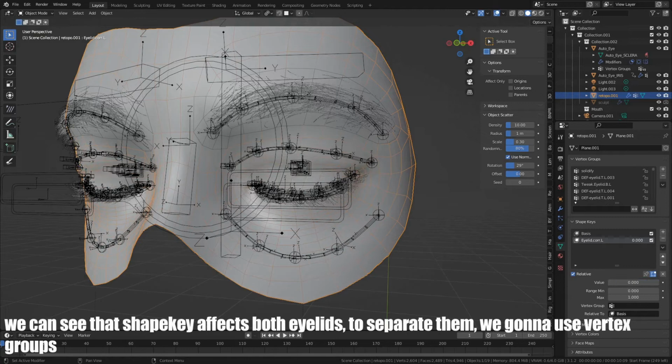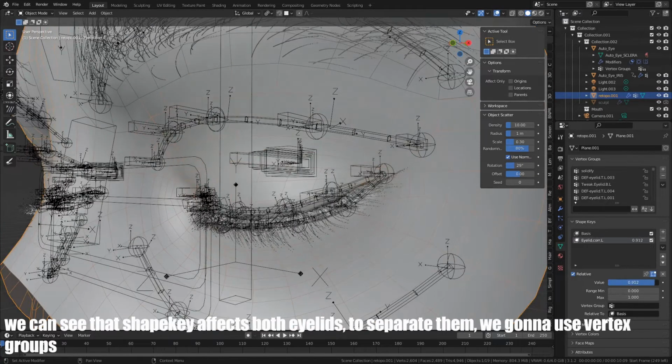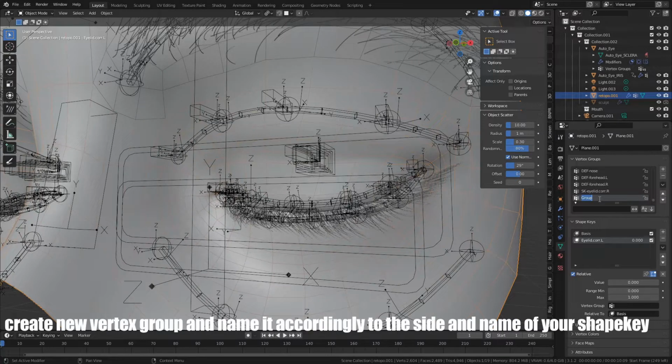We can see that shape keys affect both eyelids. To separate them, we're gonna use vertex groups. Create new vertex group and name it according to the side and name of your shape key.